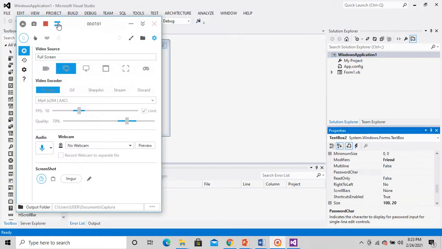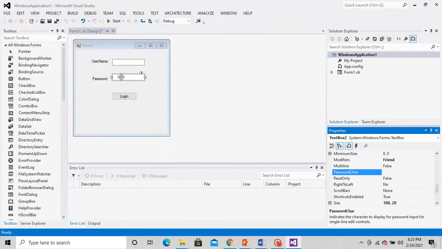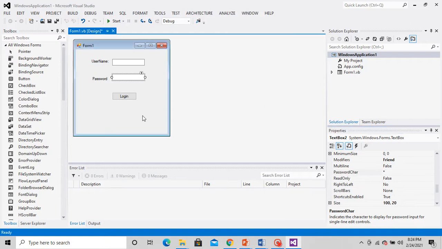double click on it. So students, for the password, since you don't want the password to be displayed here, I hope you all have seen that whenever we type a password, it comes either as a star or some kind of special character, so that nobody can see your actual password. To get that effect, you can go to properties here, select password char, and select a special character of your choice. I am selecting star here.